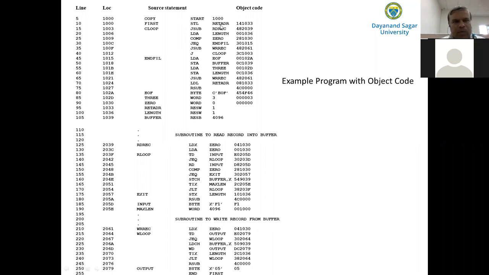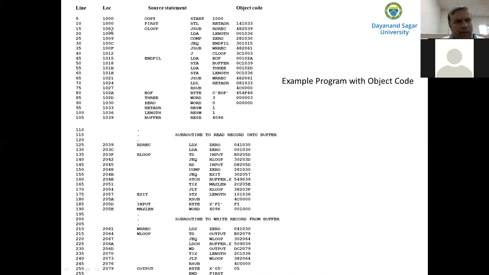Once you know the length of the instruction, you can easily get the address of the next instruction. This STL is a 3-byte instruction, so if the program started at address 1000, what is the address of the next instruction? 1000 plus 3 is 1003.